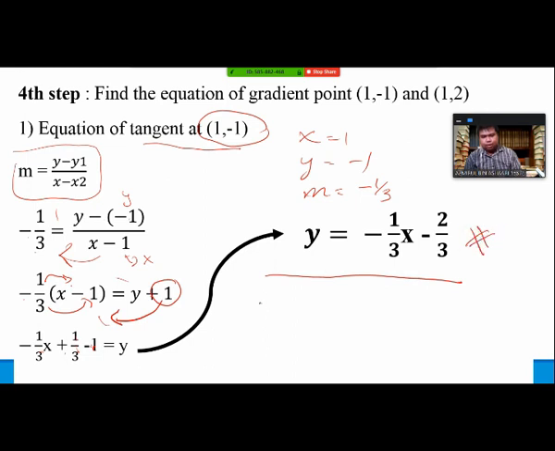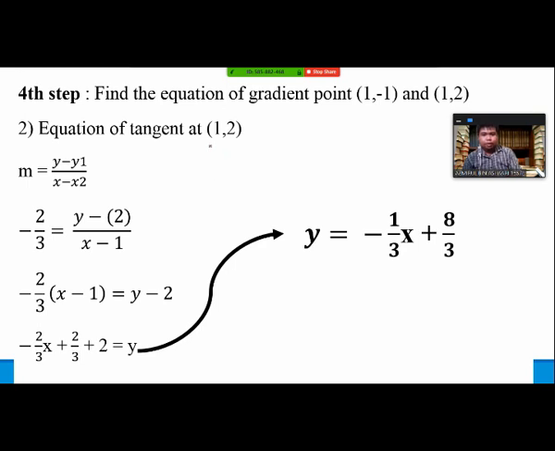Okay, this is the equation of the tangent at the point 1, negative 1. Okay, next,